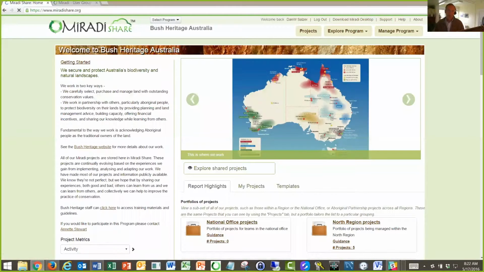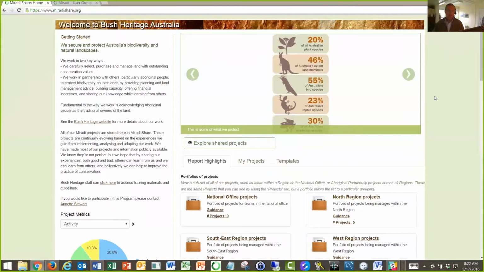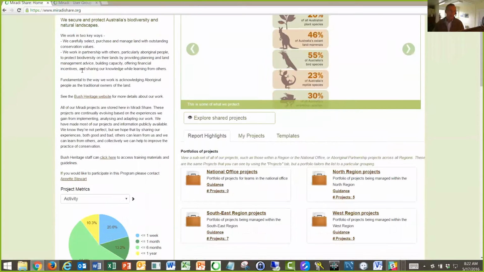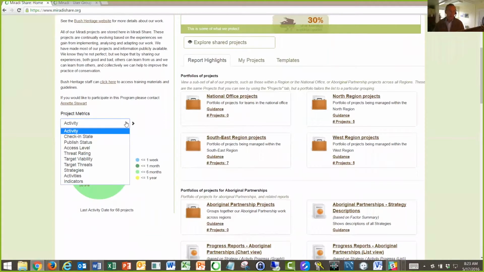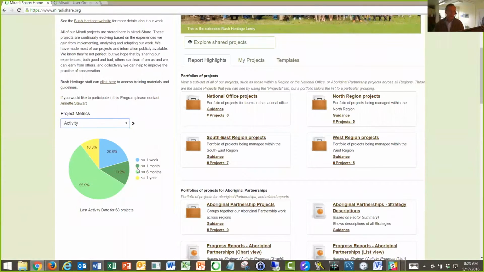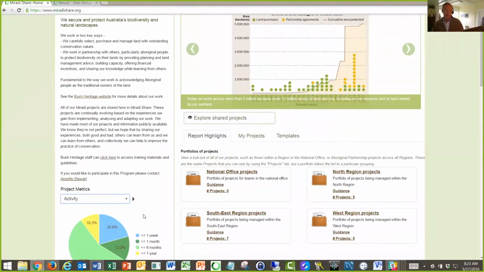page for Bush Heritage. So like the project page, there'll be a set of images if you've uploaded them on the top. Over on the left, you'll learn more about the overall program, and there's a whole bunch of project metrics that apply at the program level. We're looking at the last activity date for 68 projects here, and you can see that this is a very actively managed program by Bush Heritage because 90% of these projects have been updated in the last 6 months or